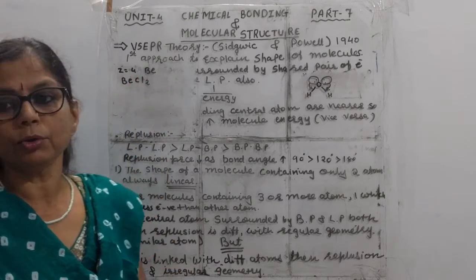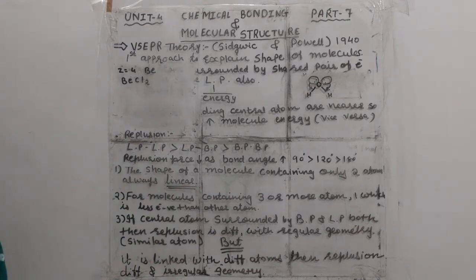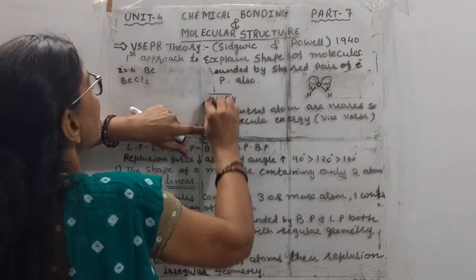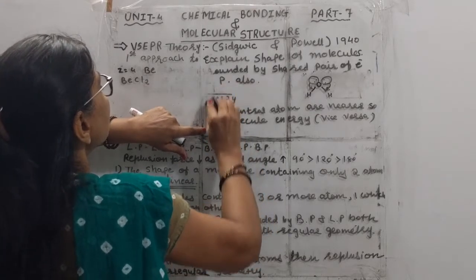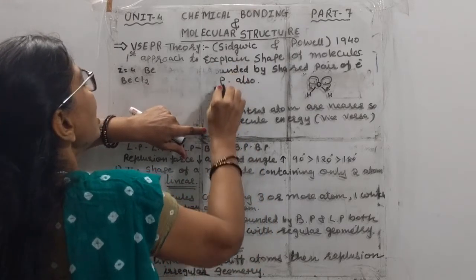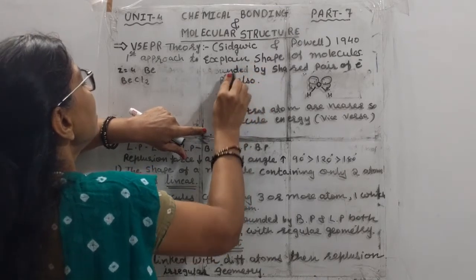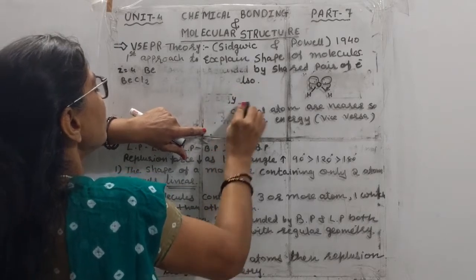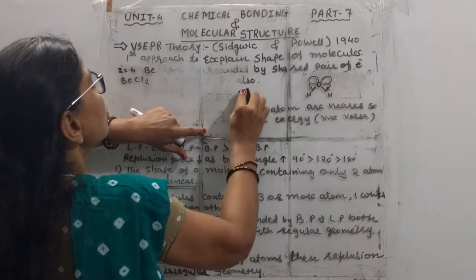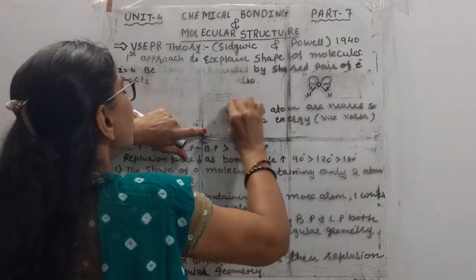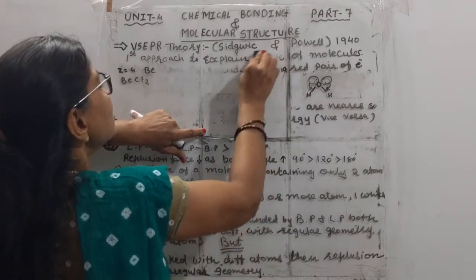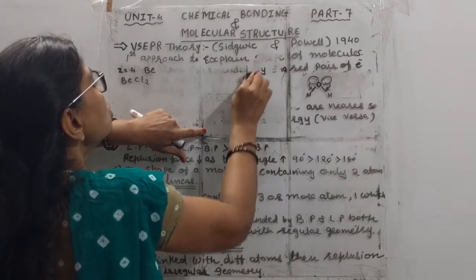Now every time we do not have to draw the Lewis dot structure, students. Now how will we find the shape of the molecule? That trick also I am going to give you in the next video, because as I said, in this video I am just explaining the simple molecules. So this topic should be clear in your mind, and then in the next video we'll go to a little more difficult example, means lone pair and bond pair together.